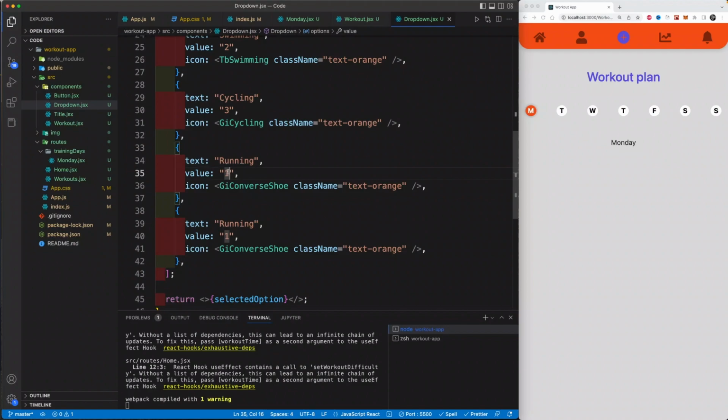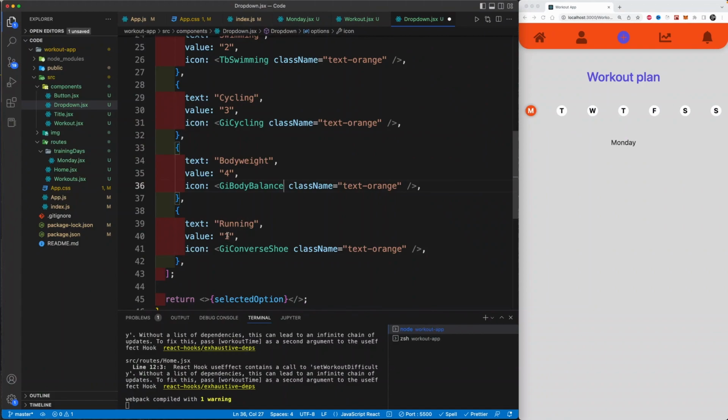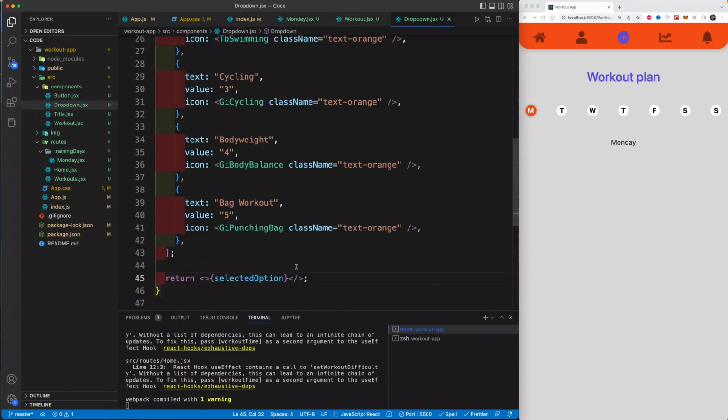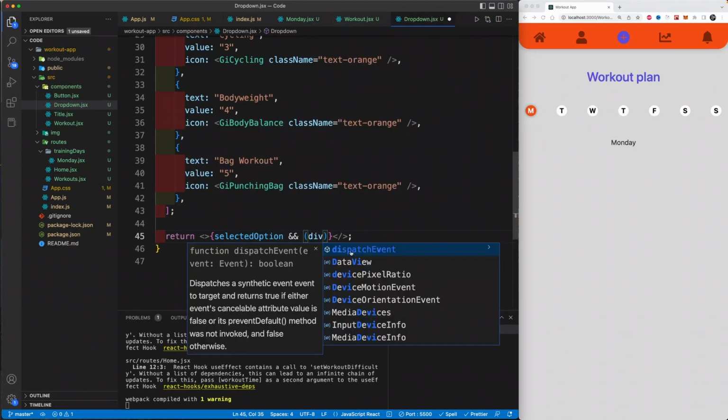And then we have number 4. Come on, number 4 is going to be body weight. Body weight is going to be GI body balance, and number 5 will be bag workout, my favorite, and it's going to be GI punching bag. Okay, so I just passed in here selected. Nothing is selected, but if something is selected, then the following thing should happen, and that is in a div